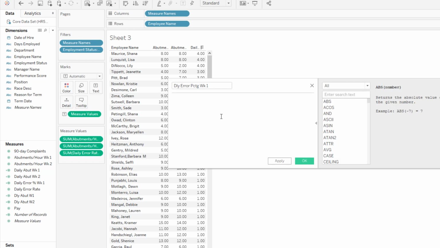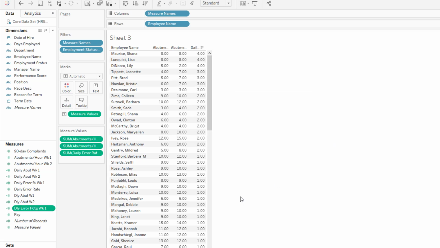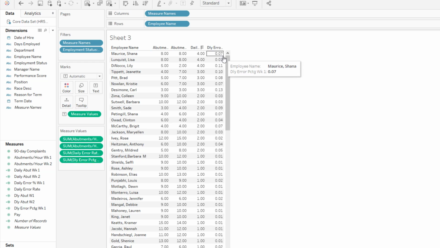So daily error percentage week 1. Okay, so we want to do the error rate, right? So daily error rate, divided by basically the total number of abutments they do in a day. Well, that's this other calculated field, daily abutments week 1. So there's your division, and when I create that, I called it DLY error percent week 1. I'm going to just double click,